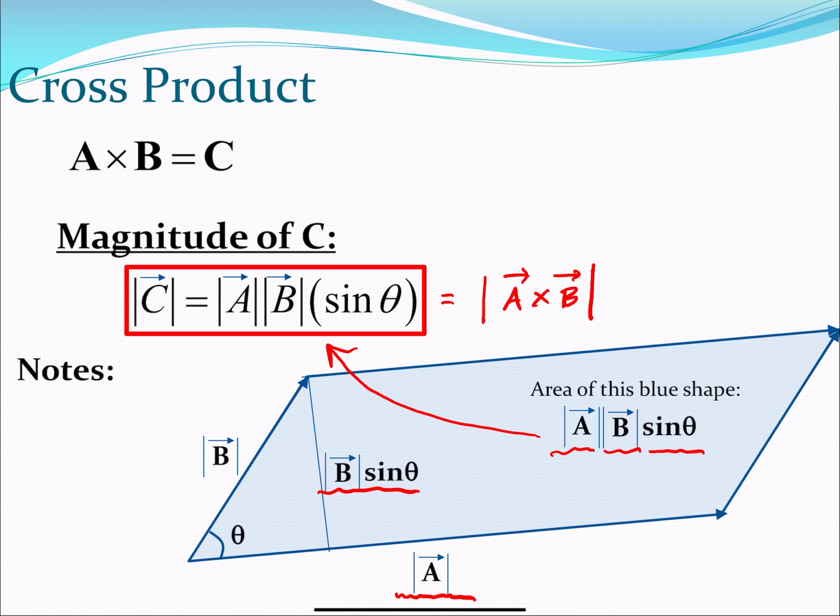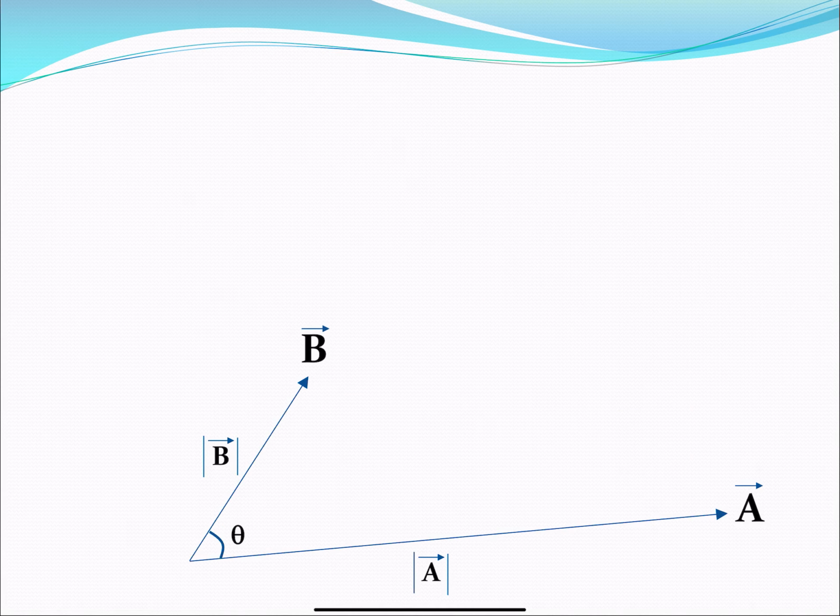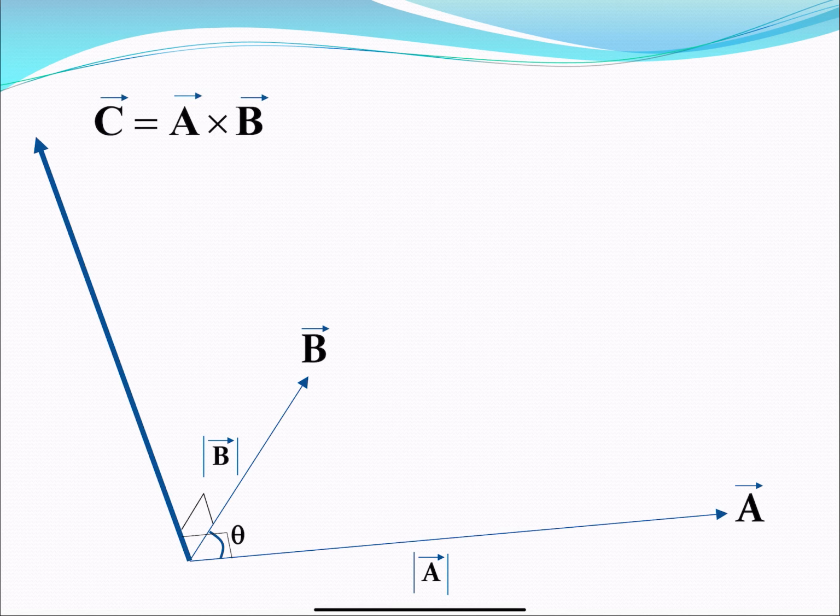Some other interesting things about this. Just to summarize, I have vector A and vector B, and this is vector C, A cross B. Put your index finger on A, put your middle finger on B, and you will see that vector C shoots upward, and it makes right angles with both vectors B and A. And its magnitude, of course,